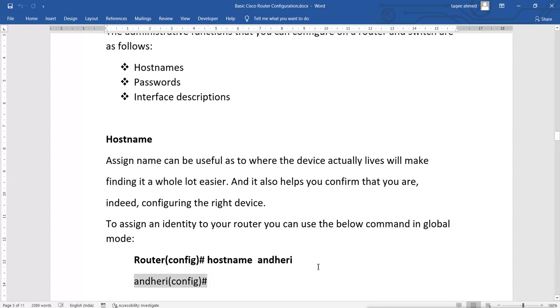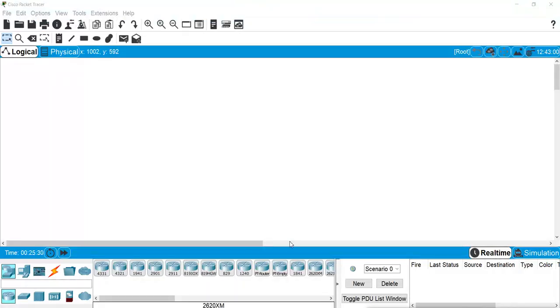So how can we do it in our router? Let's see that. So we have installed this Packet Tracer, and I hope you have already used it. Now what I will do here in the network devices is, we have routers, switches and all. So I'm clicking on one router, and here it is showing me all the different versions of router we have. So I'm going to select this one, and I will click here. This is 2620, it is a 2600 series. Now I want to configure the router.